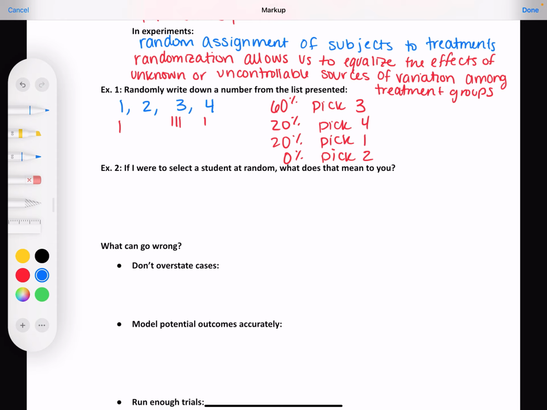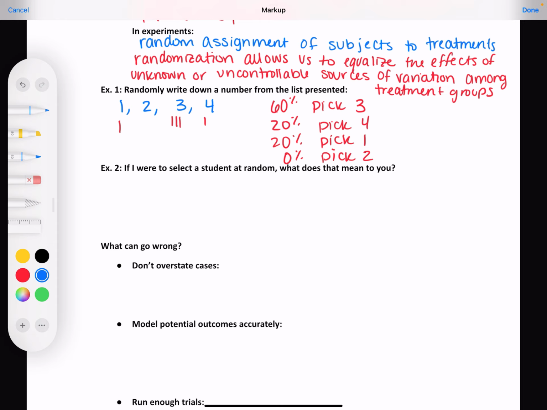If I were to select a student at random, what does that mean to you? Like without bias. If I said I was going to choose somebody at random, what would that look like? Purely, y'all are sitting in here and I say, I'm going to select one of you at random.